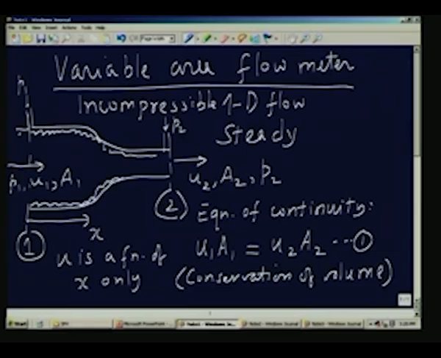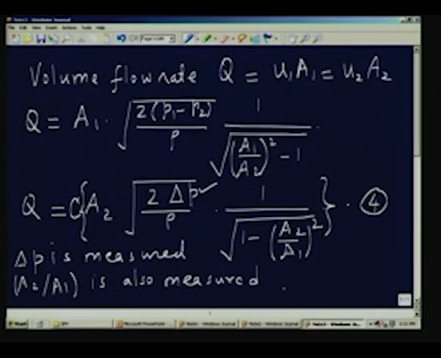So, viscous effect will be confined to the boundary. It can be shown from fluid mechanics principles that the pressure which is measured at the wall is equal to the pressure just outside the boundary layer, which is formed next to the boundary, and therefore, the pressure you measure here is exactly the same as the pressure in the bulk of the fluid. So, that is the basic assumption which is made in the use of the variable area device for the measurement